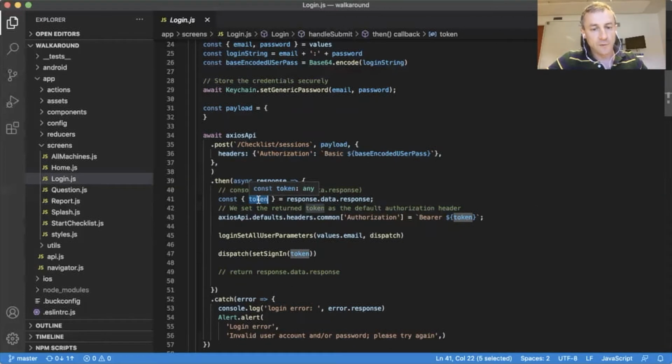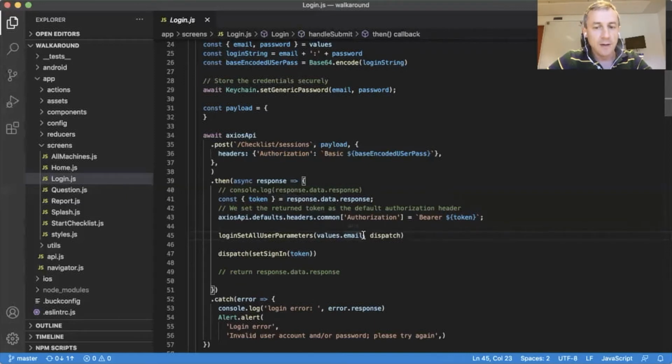It's valid for 15 minutes after the last call. So we are setting this token as a common header to this Axios component that I use in order to communicate with the data API. And the thing that's happening after that is that I call another function that is a helper function where I